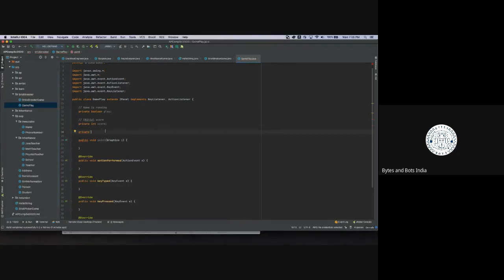So for that we need a timer which can keep track of at what speed things are running on the screen. So we'll say timer, right? And then